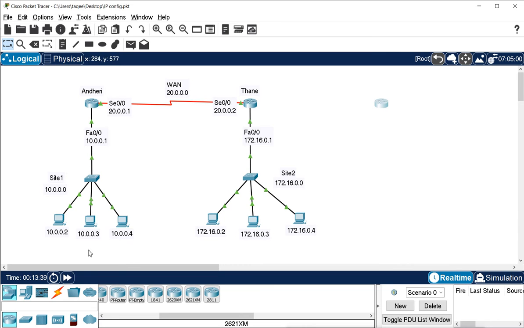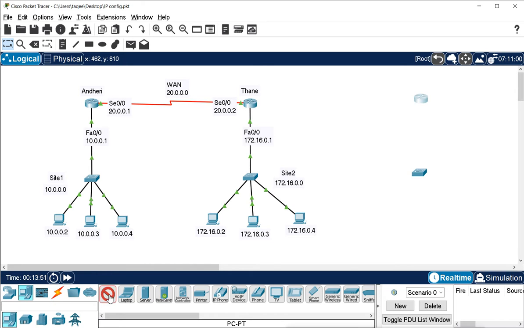Okay, now I will add the switches and some machines, and I will connect them all.